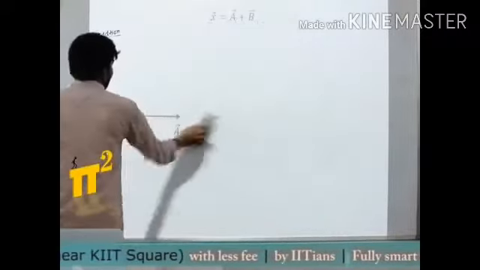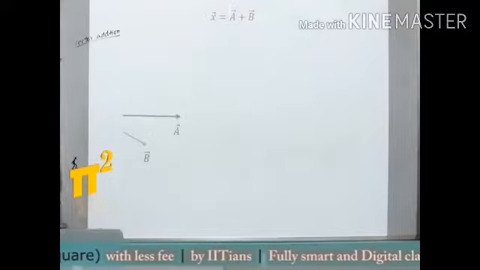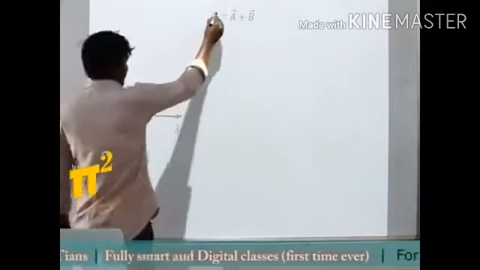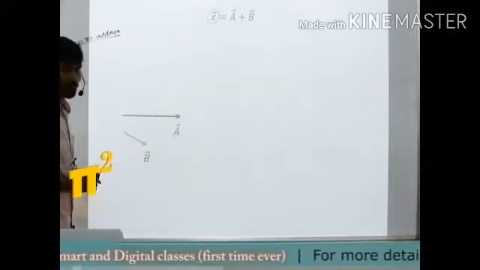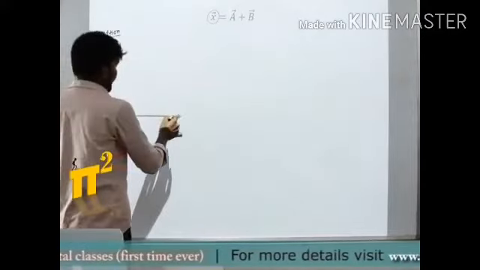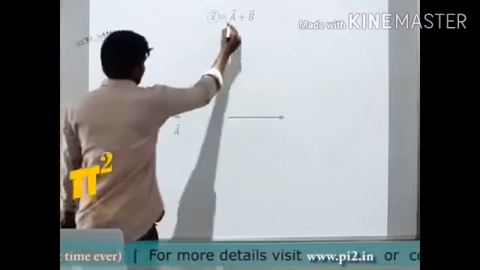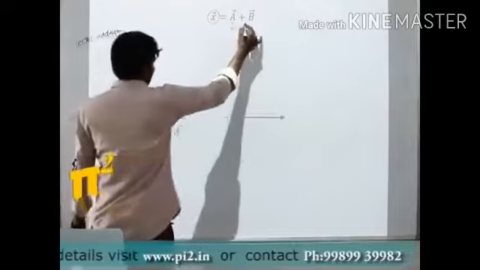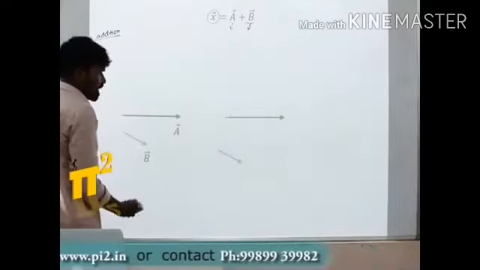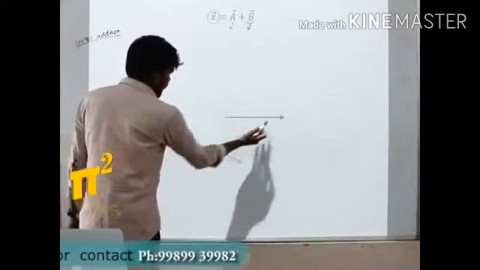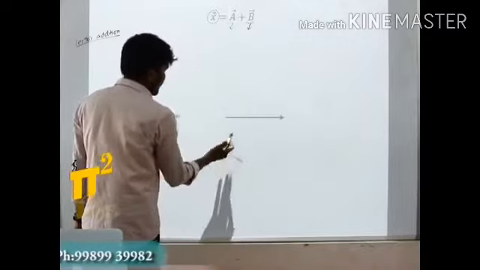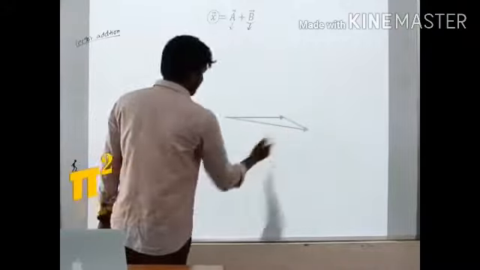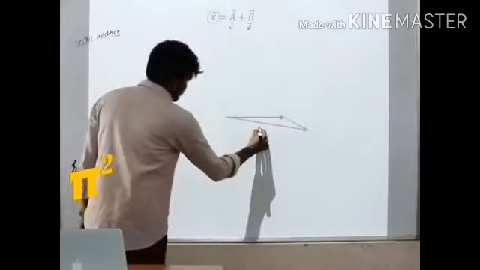Next one. They have given now two phasors or two vectors, and he is asking for x. Simply take a, first one, and next take b, second one. We have taken these two. We need to add these two. Addition means what? Tail to head. So let's join this tail to head. And the resultant is x.